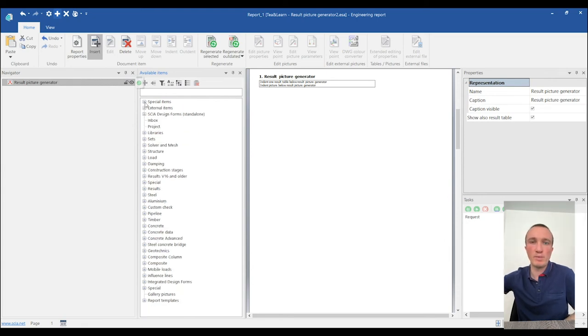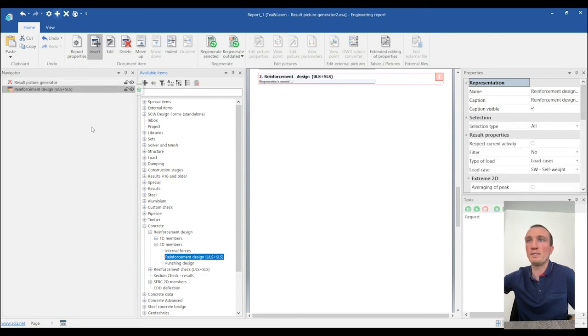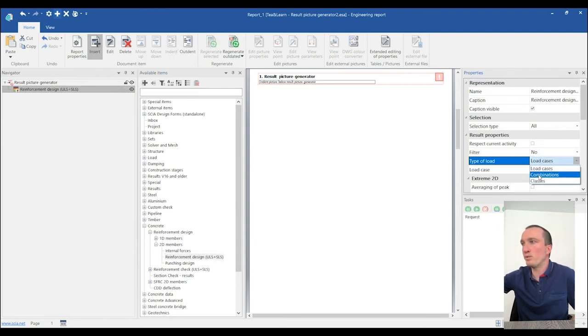We need a table, and now I will not take it from the results, but I will take it from the material. So in our case we have concrete, so I want to show the reinforcement design on my 2D members. So I'll add this one, I can indent it, and in the properties I will take again my ULS